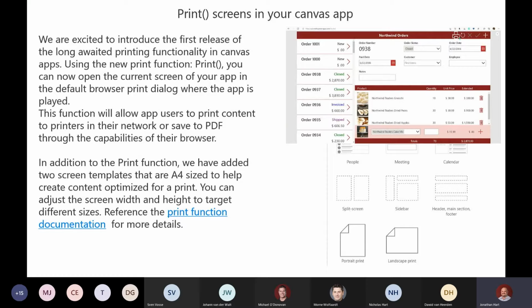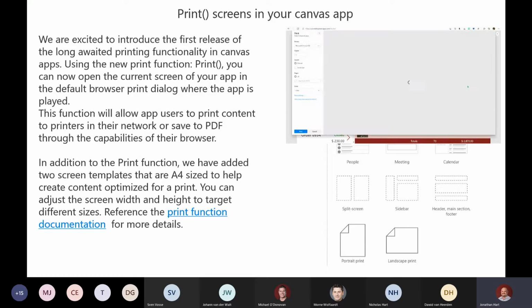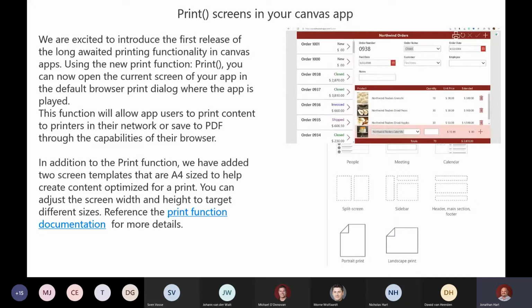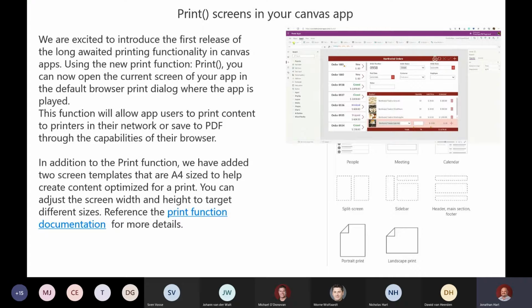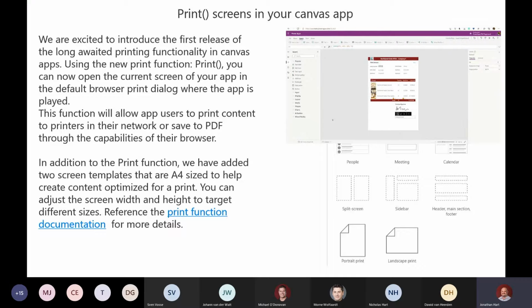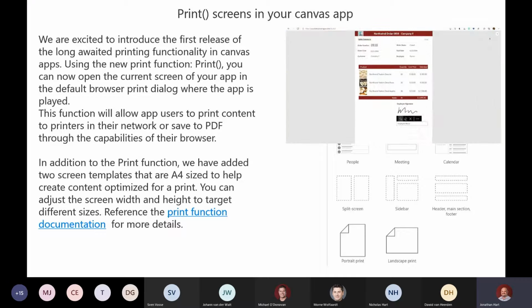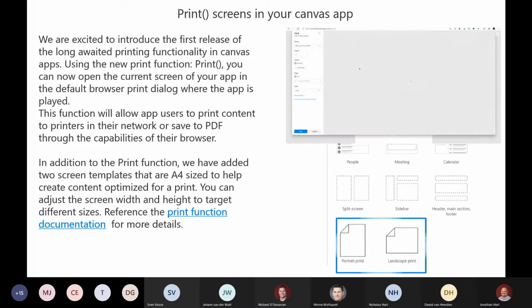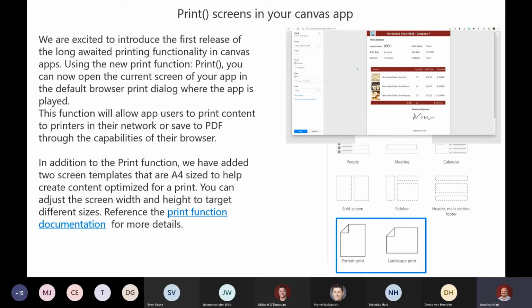So if you do need to print to an A4, you can use those screen templates and then populate them with info and then run that print function on there. And then, of course, if you are printing from your browser, you can print to an actual printer, or you can even print to PDF. So this has been something that's been requested for a while, and it's now finally available. So this is really cool. Yeah, so there's just those print templates that they've added in there as well.